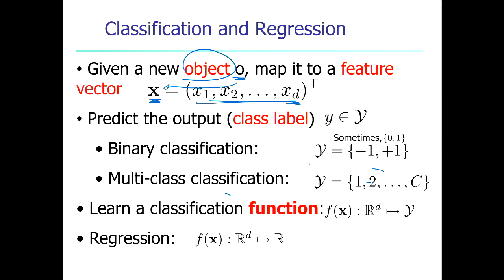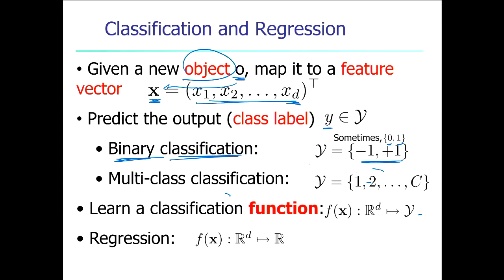So all we need to do is generate a predicted output, which we call small y, for this x. For classification, we just assume that they are discrete sets. As a convention for binary classification, we usually use -1 and +1 as the labels. Sometimes we call them positive and negative classes as well. But sometimes we can use 0 and 1. They don't really matter, but